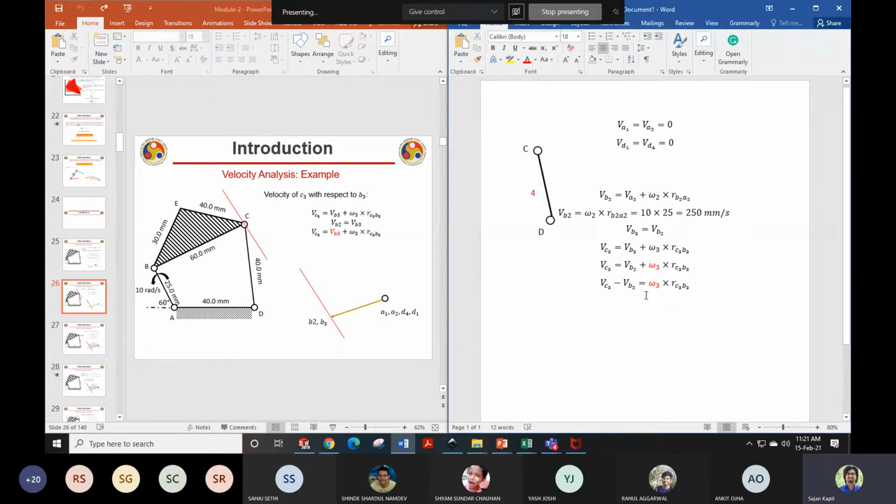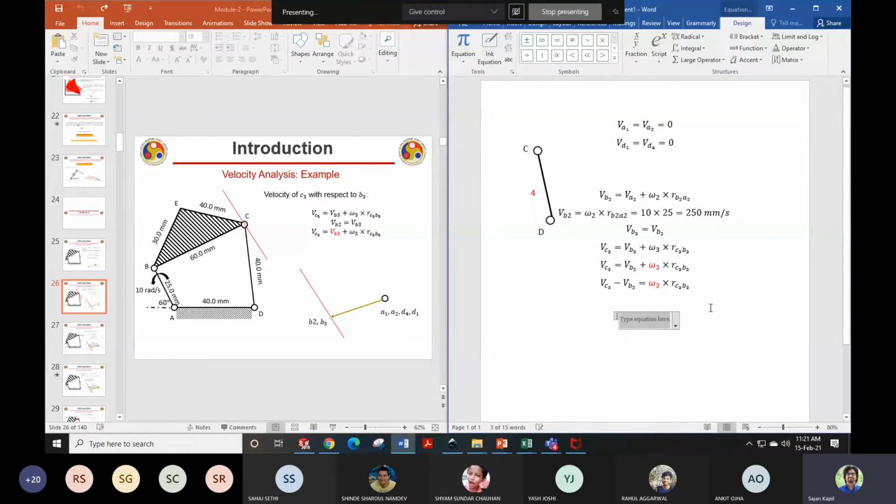Now Richa, can you hear me? Yes, sir. Start. How to write this? Please, Richa. Velocity of point C when it is on body 4. Very good. Equals to the velocity of point D when it is in body 4. Very good. Plus the angular velocity of link 4